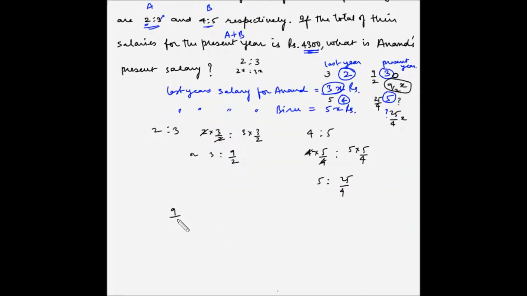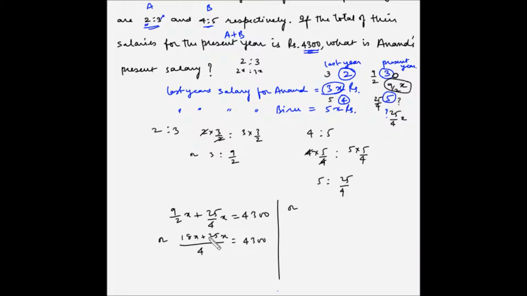So 9 by 2x plus 25 by 4x is equal to 4300, or LCM is 4, 2 2s are 4 and 2 9s are 18, so 18x plus 25x is equal to 4300,